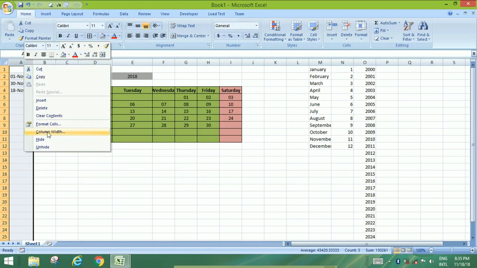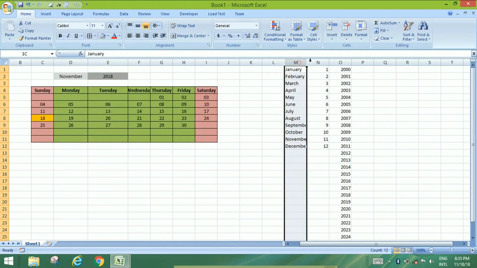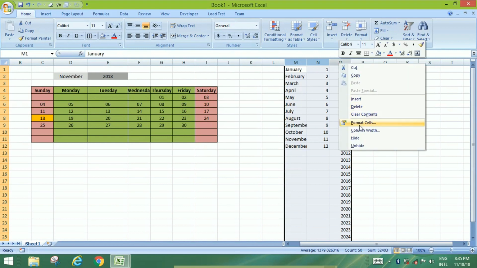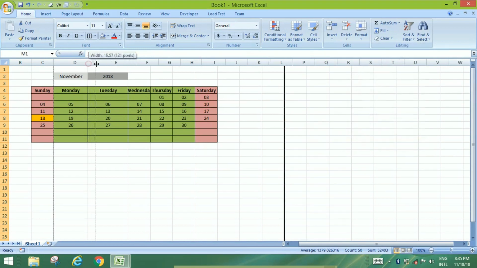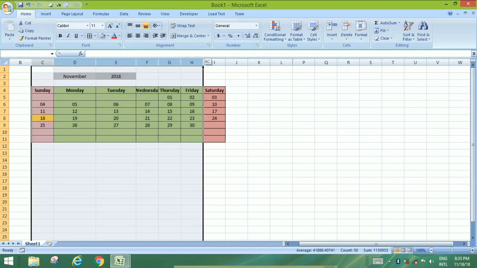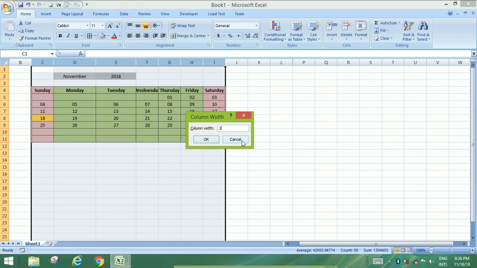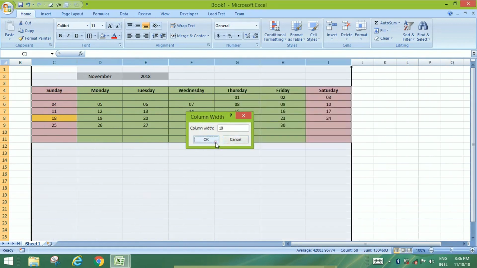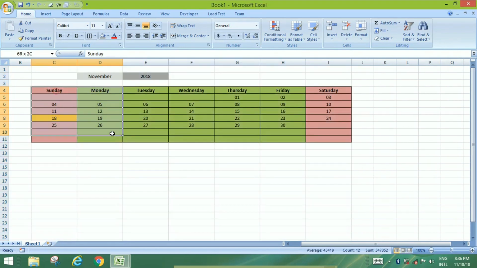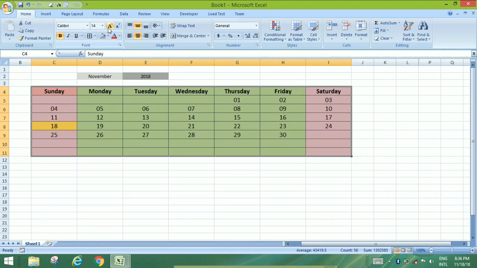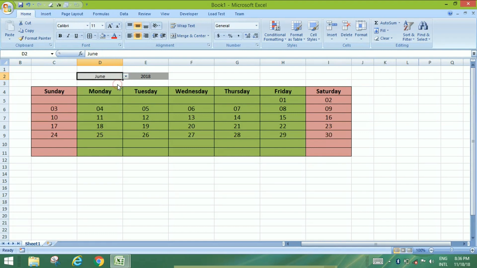Now I am going to hide column A, columns M to O, and also making the column width 18. So these are merely the formatting. You can do anything else with this. Making the font size a little bit bigger. So now you can see I can change the month and the calendar will be automatically updated with the dates,